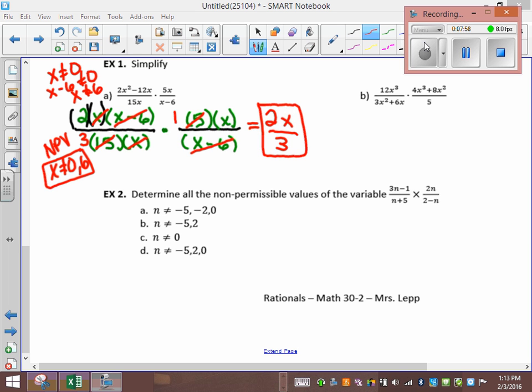And do B. Try it out. Okay, so for this one, 12x cubed, they're all just multiplied together, so you can just write 12 by itself and x cubed by itself. Alexis, the bottom left, the numerator on the left, what can I take out? No, bottom. Yeah, 3. 3 and an x. And then you're left with x plus 2 times